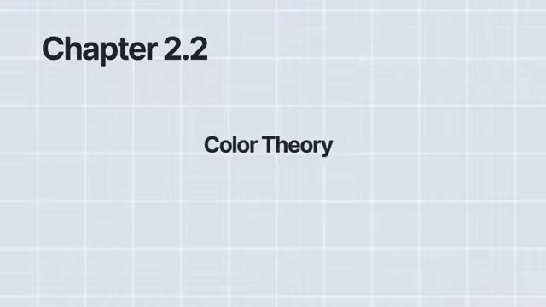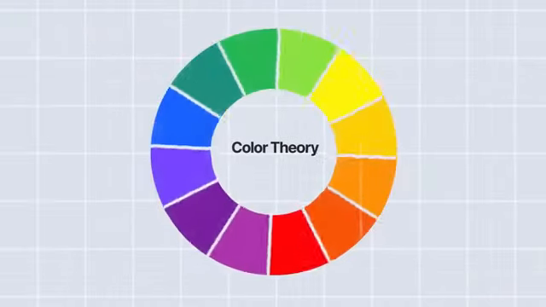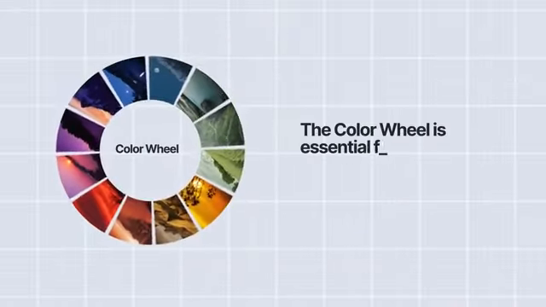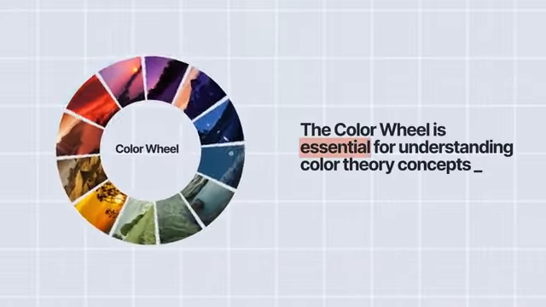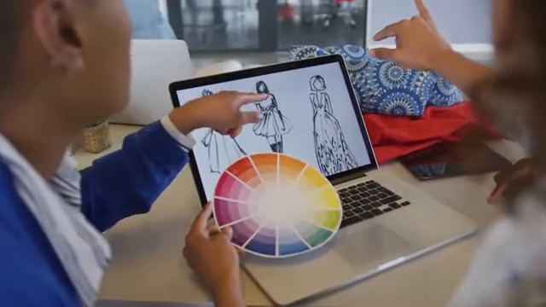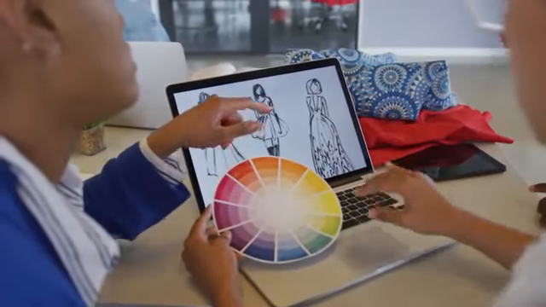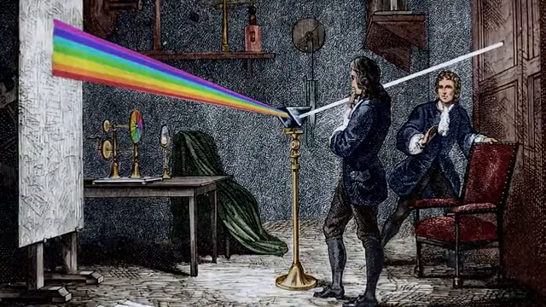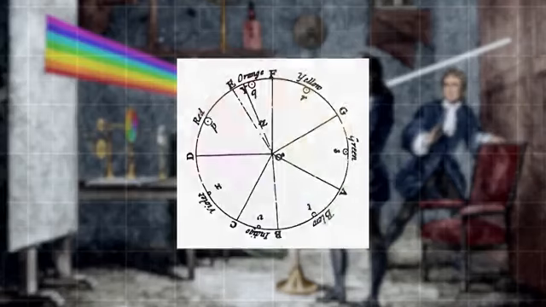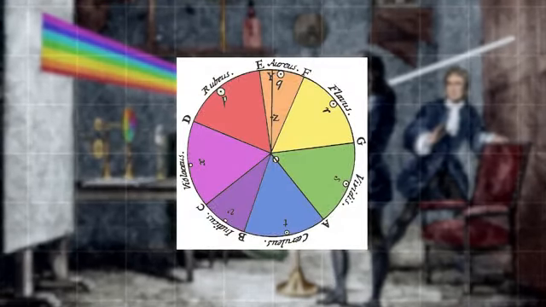In this lesson, we will take a look at color theory. In color theory, colors are organized on a color wheel. In order to understand other color theory concepts, it is essential to understand this handy tool. Artists and designers use this tool to develop color harmonies that are pleasing to the eye and communicate to evoke certain emotions. Sir Isaac Newton created the traditional color wheel in 1666, and that now helps us understand how colors